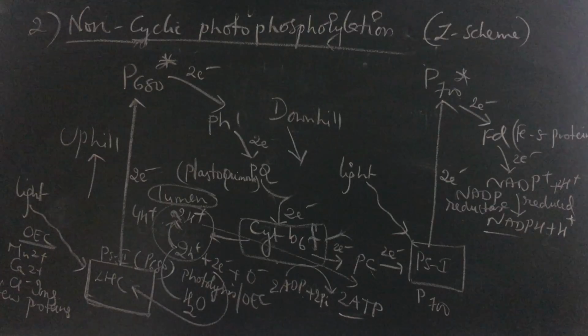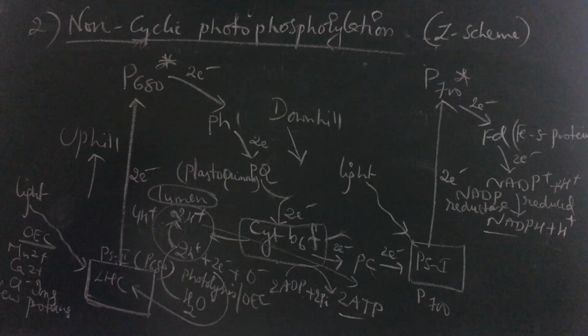Oxygen evolving complex involves manganese, calcium, chlorine and a few proteins. Okay, right. So this is with regard to non-cyclic. So what happens in the non-cyclic here? It is totally